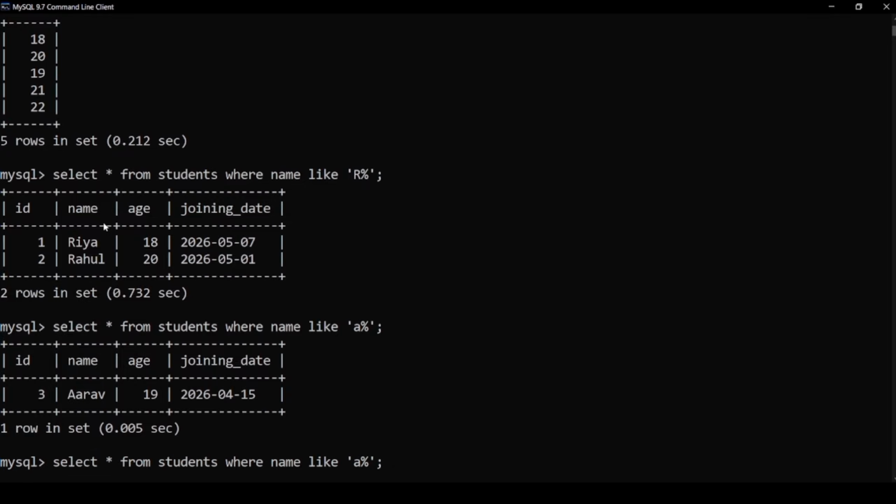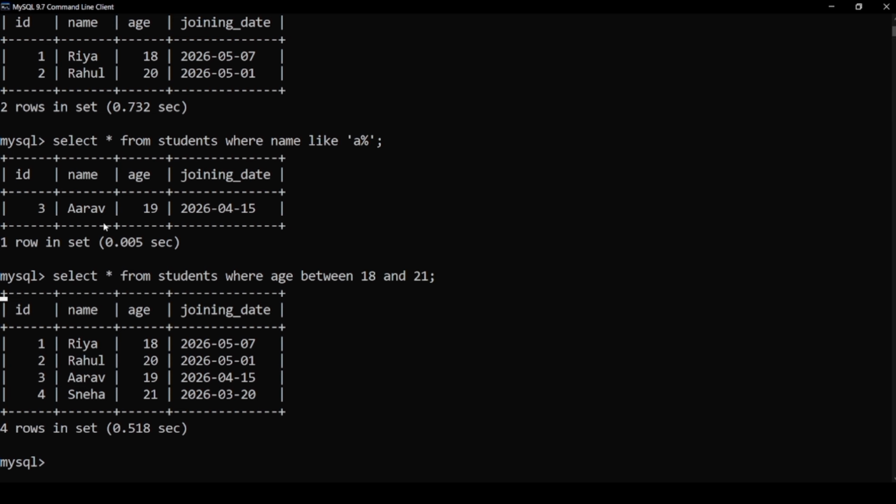Next query we are going to learn is between, which is used to find values within a range. So I'll mention select star from students where age between 18 and 21 semicolon enter.